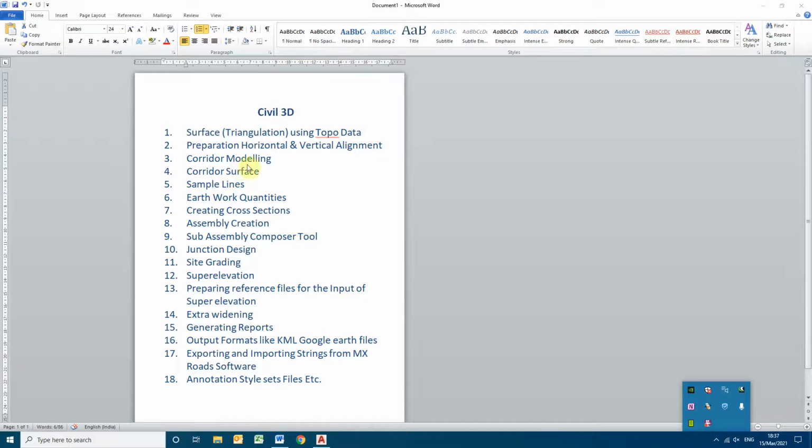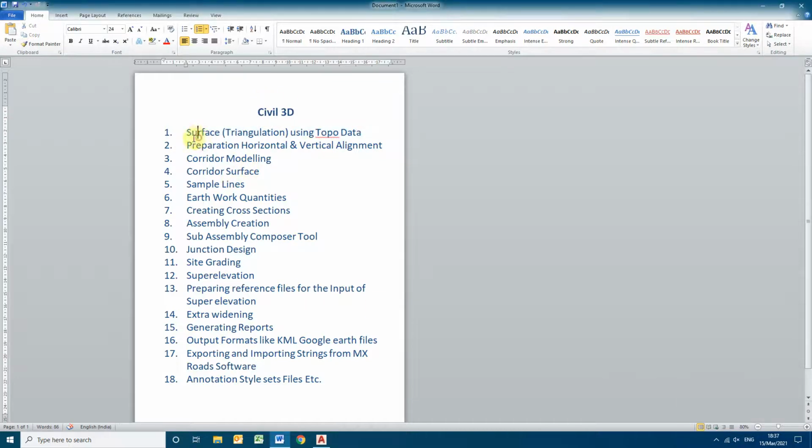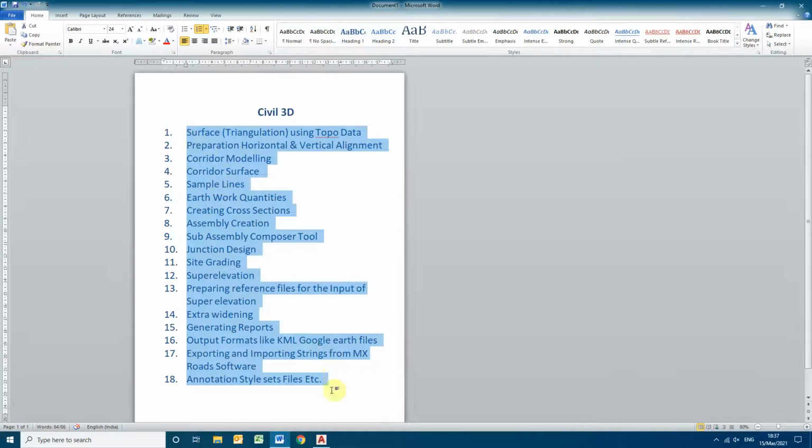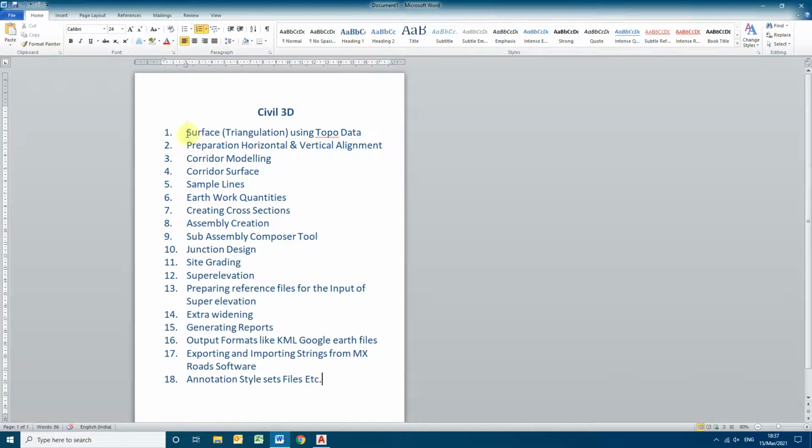Hello everyone, today it is a Civil 3D tutorial that I am doing for all these 18 topics. Out of which it includes surface, horizontal and vertical alignment, corridor modeling, surface, sample lines, earthworks, cross sections, assembly, sub-assembly composer, junction design, grading, super elevation, reference files for the input of super elevations, extra widening, generating reports,